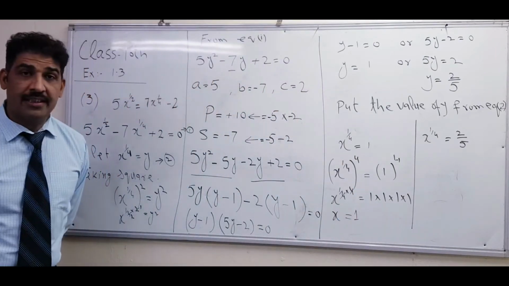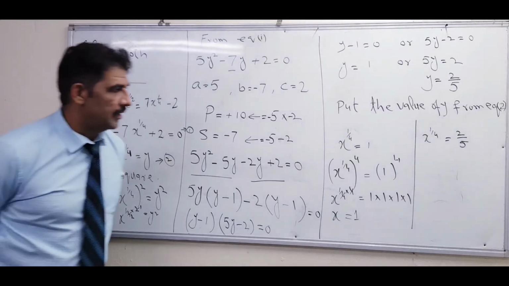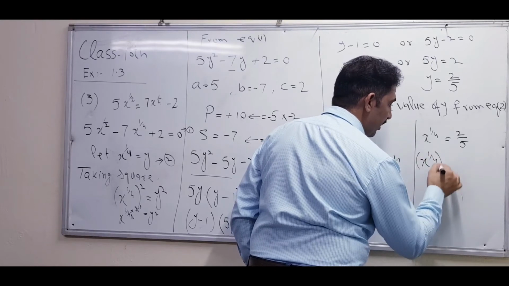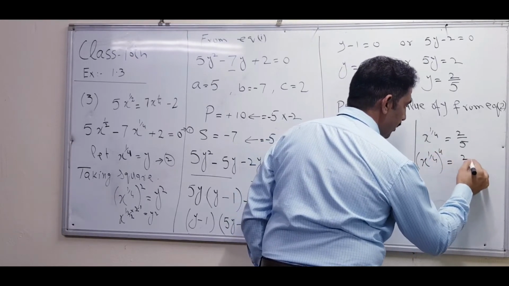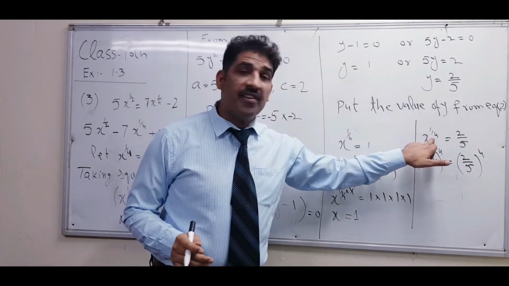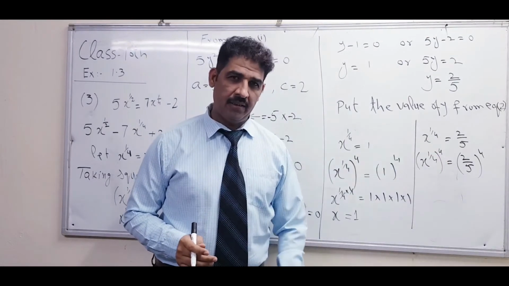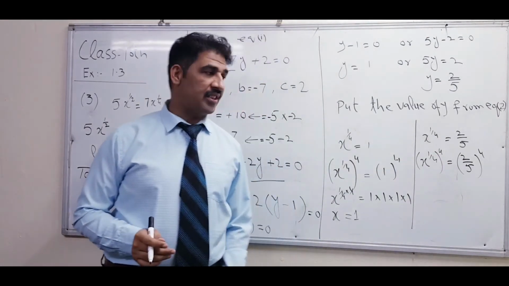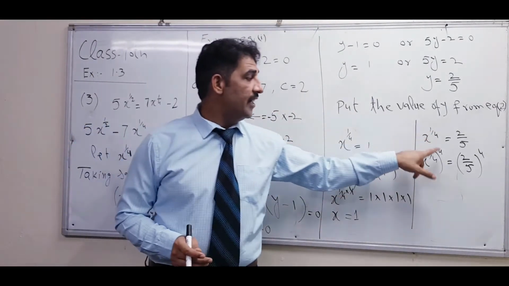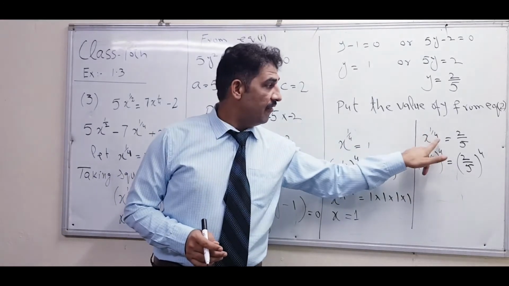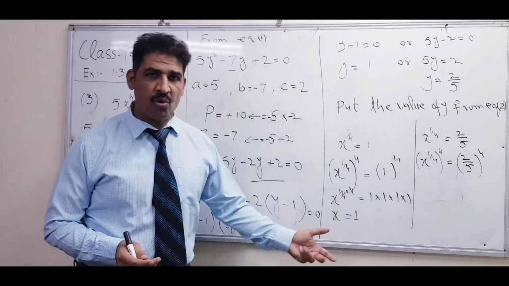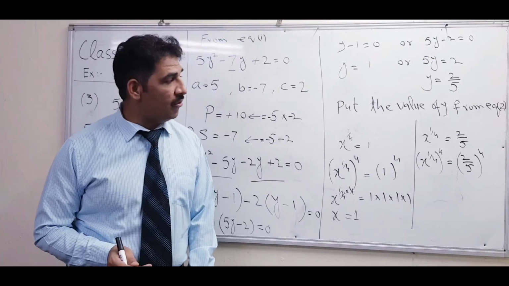Half portion solved. Now the same we have to apply on the other form. Good. x exponent 1 over 4, here it is exponent 4, 2 by 5. If its power is 1 over 3, so what will we do? Cube, taking cube on both sides. मीन हमें डिनोमिनेटर में जो भी टर्म होगी उसे फिनिश करना है. अगर 1 over 4 है तो टेक इट्स एक्सपोनेंट 4. 1 over 3 है तो टेक इट्स एक्सपोनेंट 3 ऑन बोथ साइड. 1 over 5 है, फिफ्थ रूट है, so take its power exponent 5 on both sides.